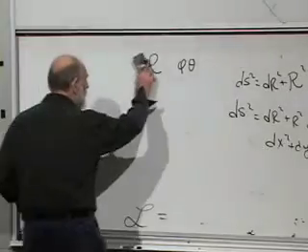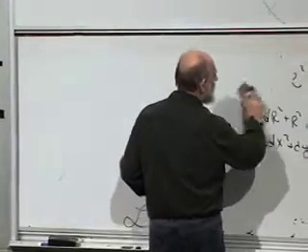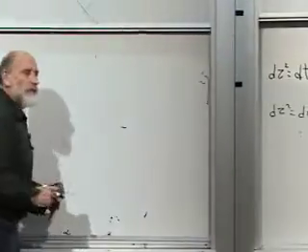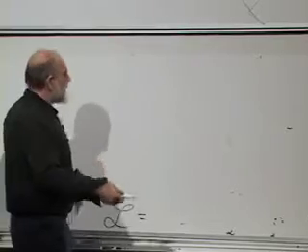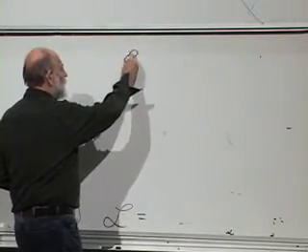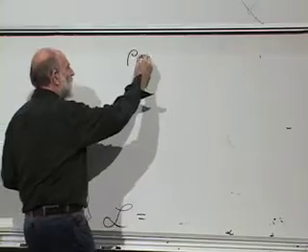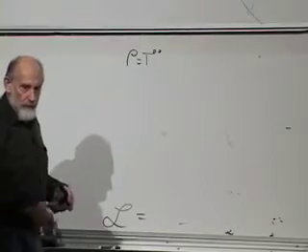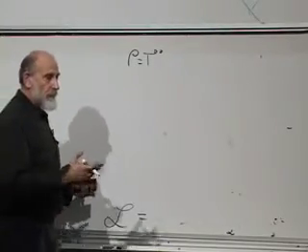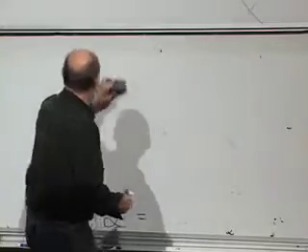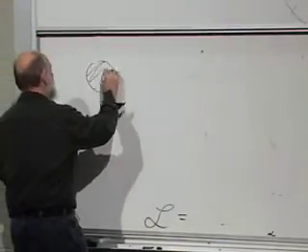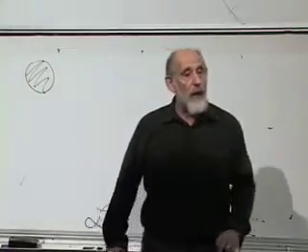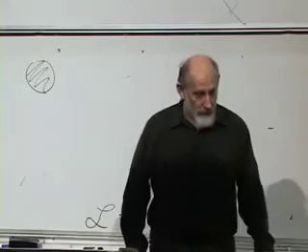This is the solution of Einstein's equations with any spherically symmetric distribution of energy, T naught naught, outside the boundaries of that region. So here's the region, and we look outside the region. The general solution outside the region has the following form: